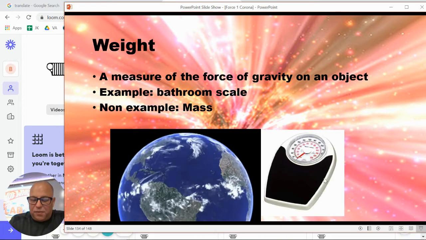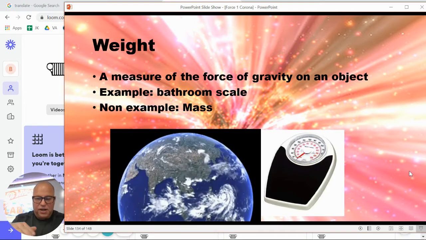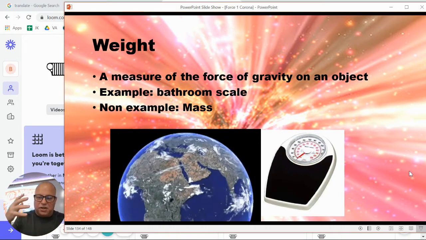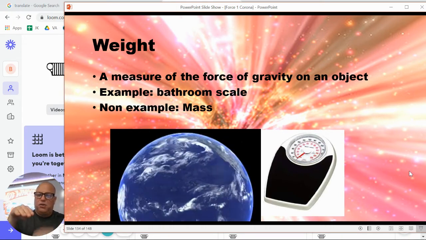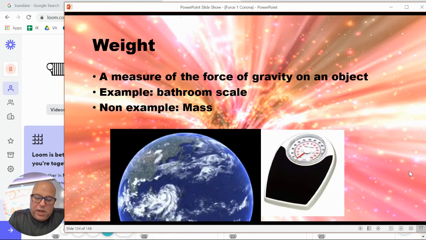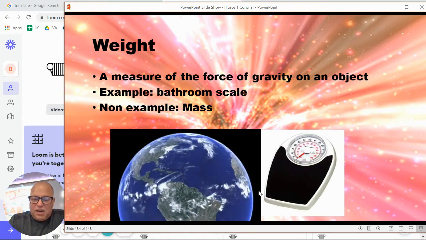Let's say you have a bathroom scale and an elevator, right? When you go in an elevator, when you're going up briefly, your weight's going to increase. When you go down, your weight's actually going to decrease when you start going down, right? Your weight, realistically, if you had a sensitive enough scale,